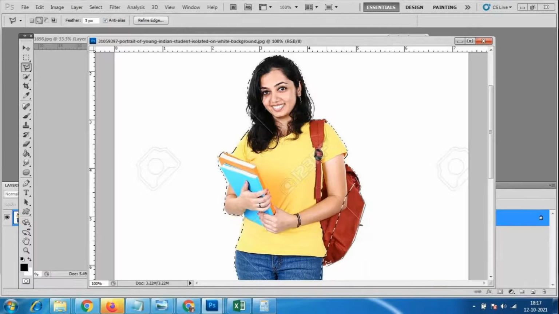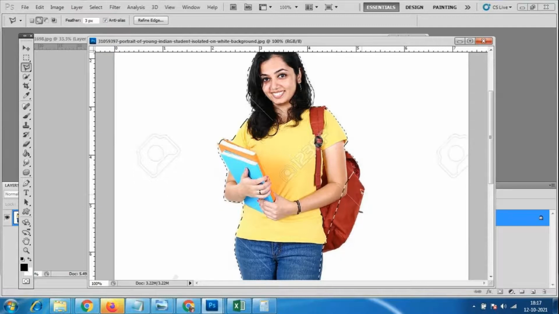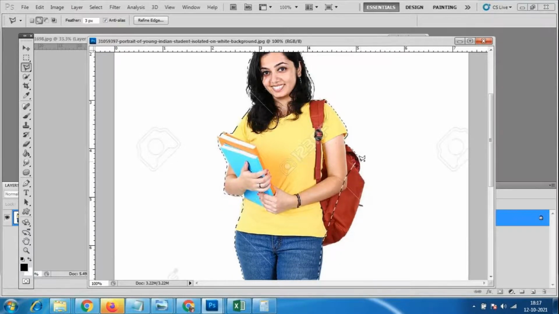I will select wherever the point is, from where I started, and I'm going to end here itself. First I'll take one point a little bit inside, and from here I'm adding the area. I want only this back part.